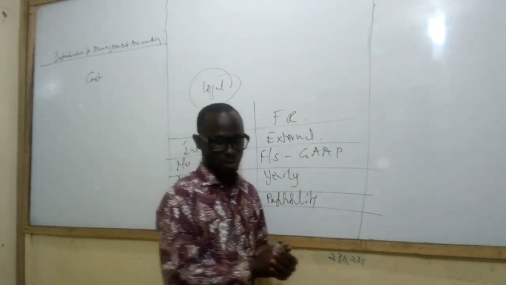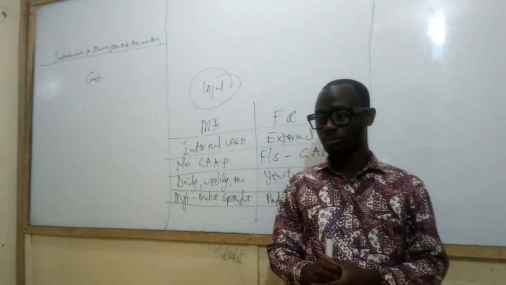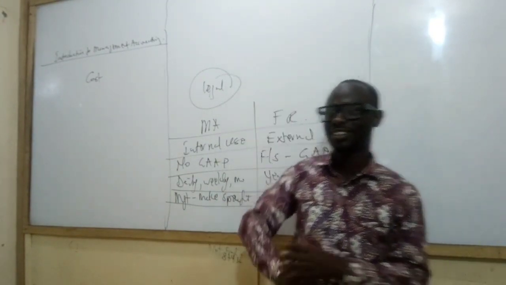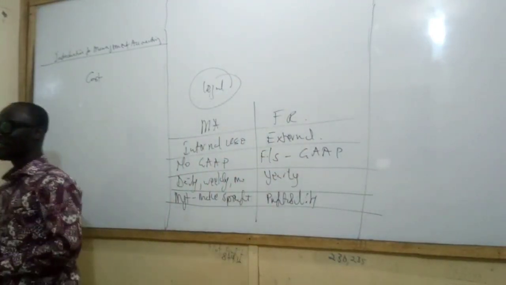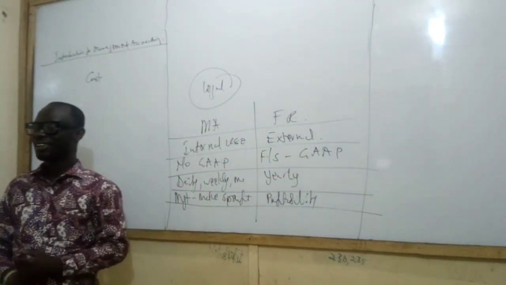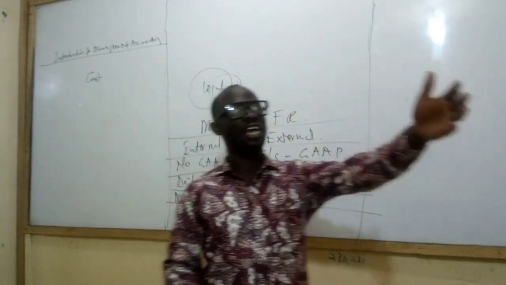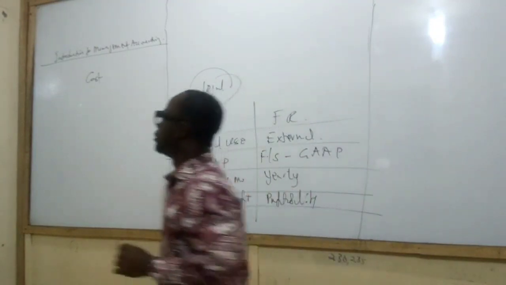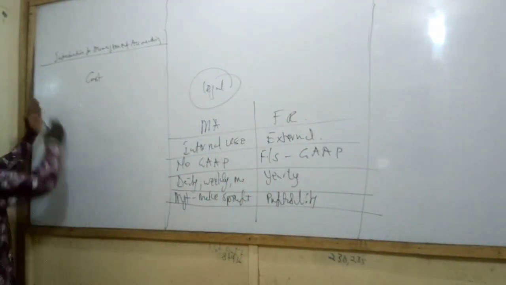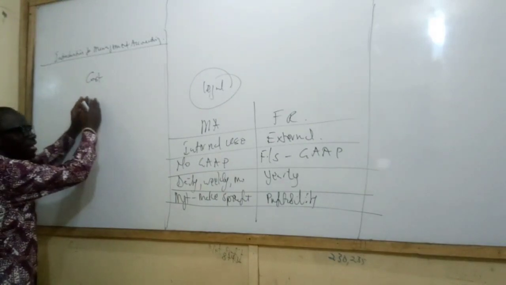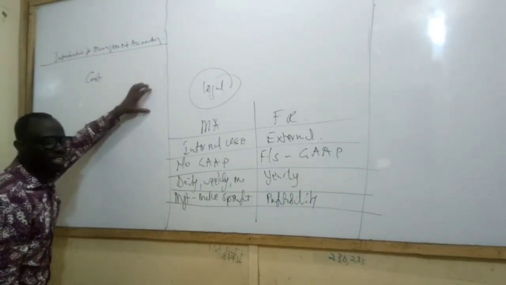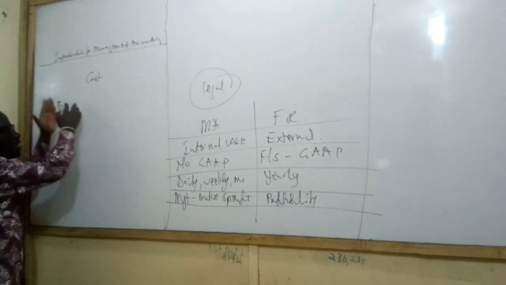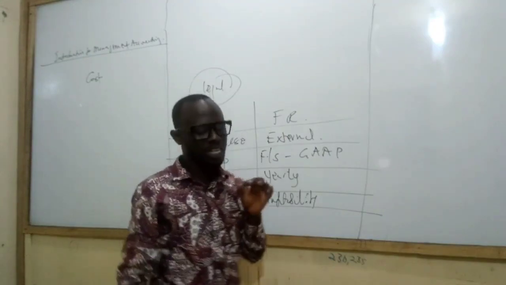Expenditure or expense made on an item. Okay, the expenditure or expense made on an item. The price paid for an exchange of an item. So to the buyer, it becomes the cost of the product. So we can define cost simply as the amount of expenditure incurred on an activity, a process, or an undertaking. Okay? So cost can be defined as the amount of expenditure incurred on an